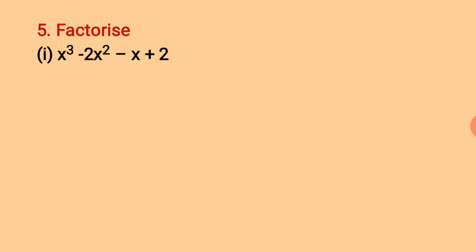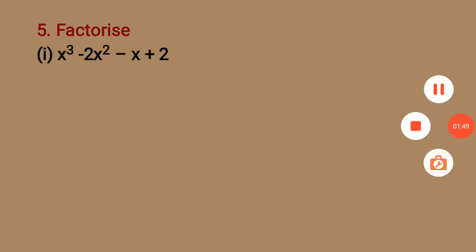Children, there are basically two methods of solving this. One method is you will try whether there is something common in first two and something common in the second two terms. In this case, from the first two terms, you can take x square common. And then from the next two terms, it is minus 1 that is common. In this case, you actually proceed to get same bracket, and when you solve it out, you get the factors. You can give it a try.